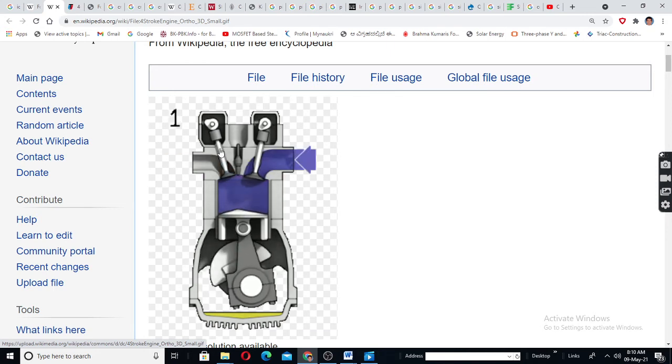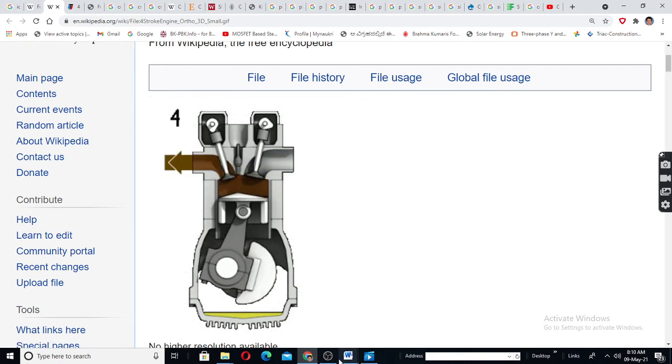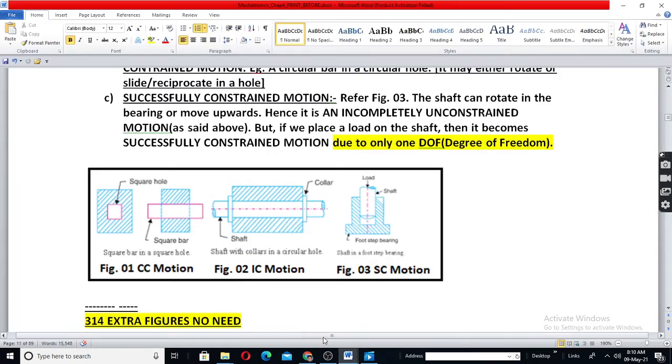So if you put a load on that particular shaft or the link, it becomes successfully constrained. The load can be due to the weight of some part, or by gravity, or from spring tension. So if you restrict it,